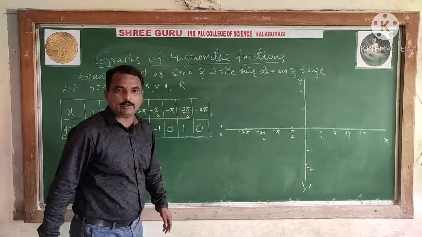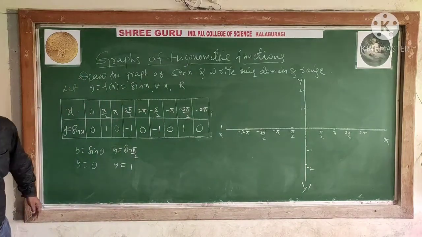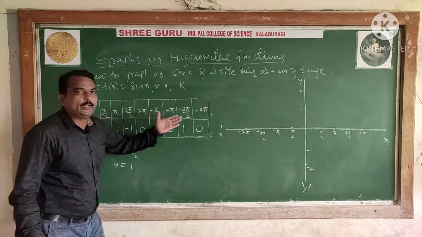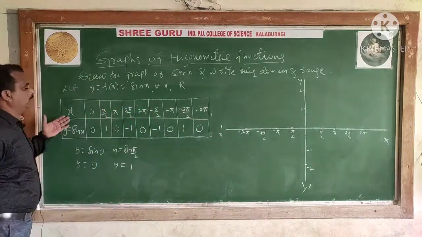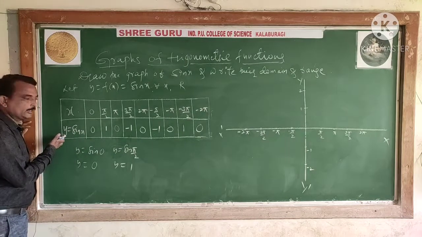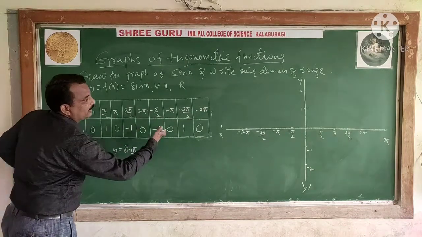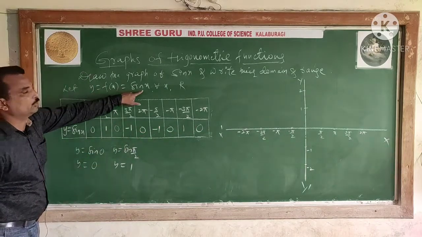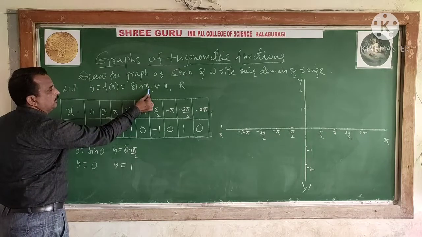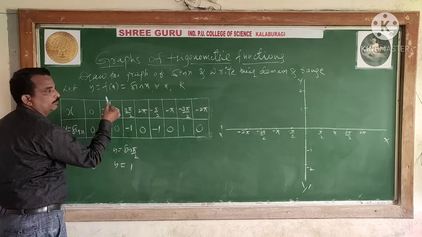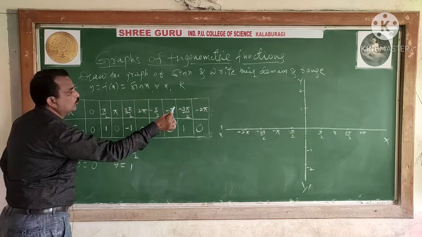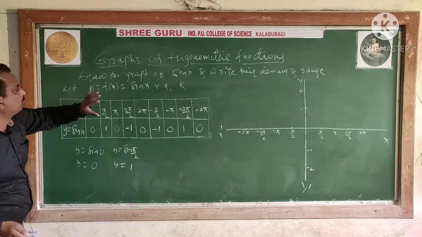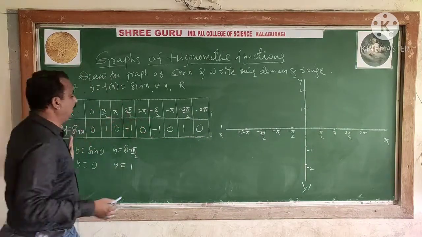Now let us see. We will draw the graph here, student. Now see the students. Here we have calculated the values. We have the values of x and y calculated here. Now let us take x values along the x-axis and y values along the y-axis. Y is equal to f of x equal to sin x. We have given the x values in certain intervals: 0, pi by 2, pi, 3 pi by 2, 2 pi, and the same negative values. We have to draw the graph here on the Cartesian plane. Now let us calculate the values of y.